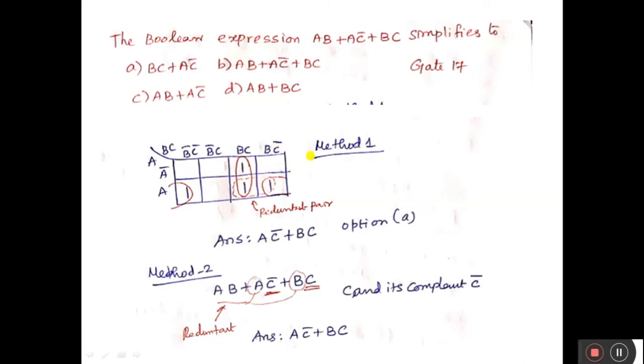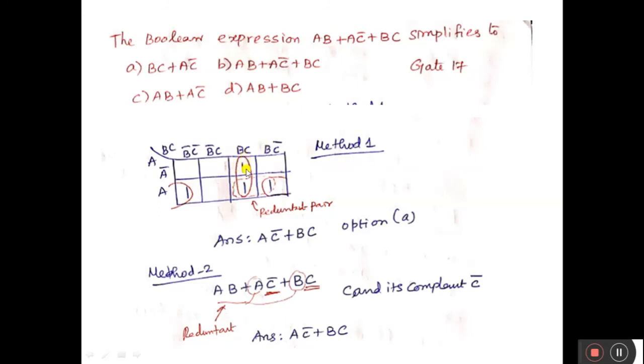The second one, AC bar. A is available here, C bar. AC bar appears here, A B bar C bar, A B C bar. So I can write 1, 1 here. Next one BC. So directly I can write 1 here. If I map,